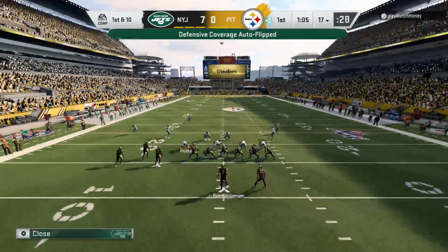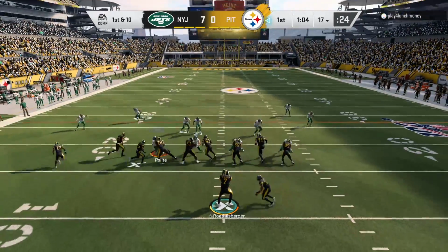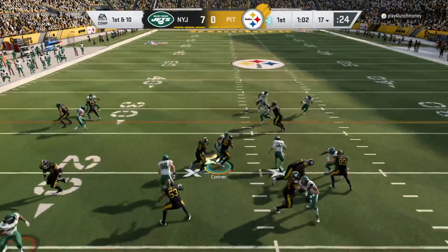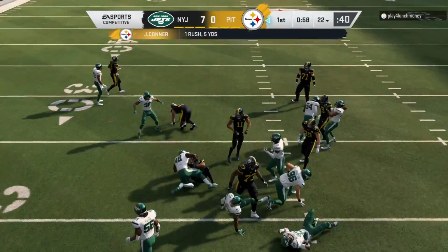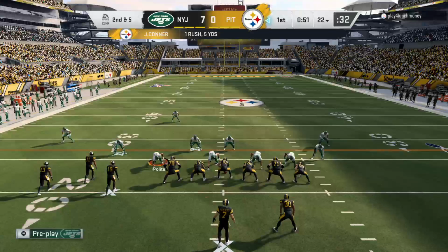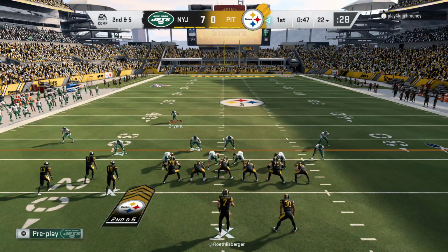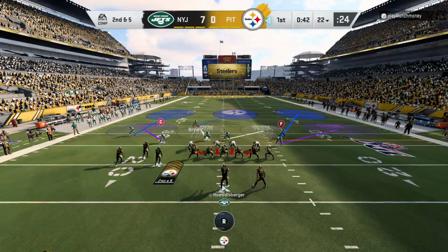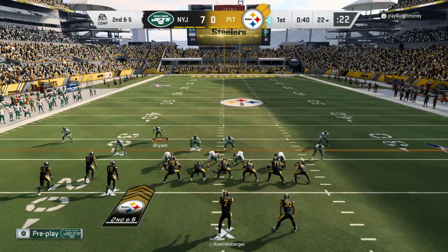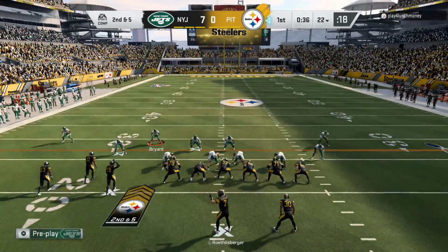Big Ben and the Steelers with a 1st and 10 at their own 17-yard line. First carry for James Conner. The linebacker C.J. Mosley in on the stop. They'd love to just strike back with a touchdown right here, and if it's a long play, so be it. But the main goal, get a couple of first downs, run some plays, run some clock, allow their defense to get a chance to catch their breath, settle down, and relax a little bit after they just gave up a